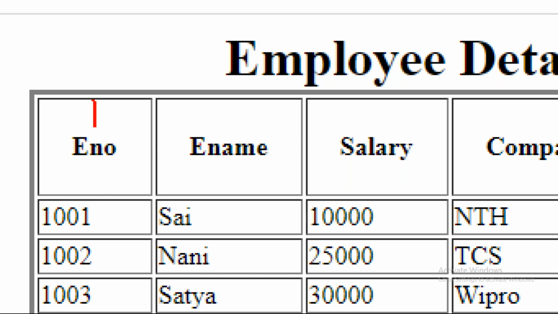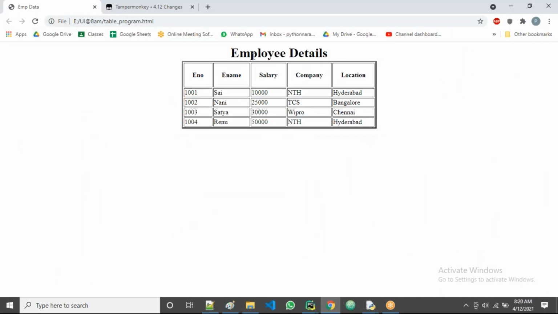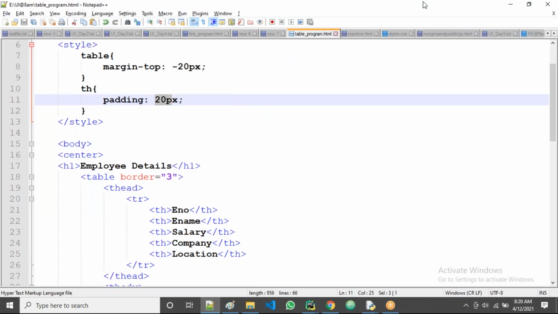Okay, that's fine. But now, sir, I don't want 20 on all four sides. Right and left I want 20, but top and bottom 20 isn't required. Top and bottom 10 is enough. My point is I don't want this much gap on top and bottom. Then tell me now, guys, how to apply top and bottom 10, right and left 20? Yes, top and bottom 10 pixels, right and left 20 pixels.